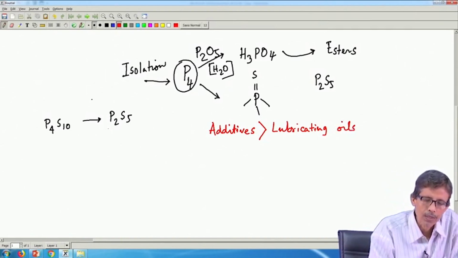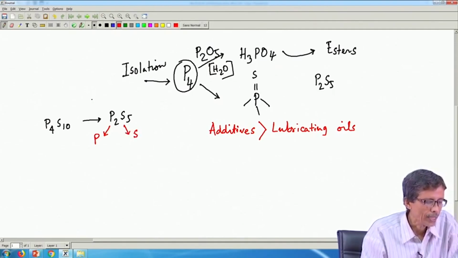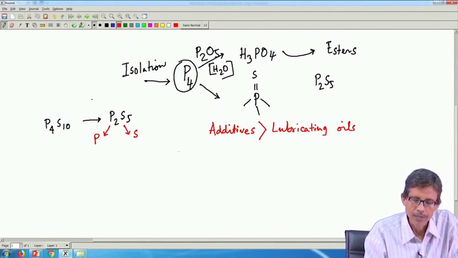And here you see that you have both phosphorus and you have sulfur. Now we get something which is a typical salt basically, and that salt will be made as (RO)2, twice of this RO,